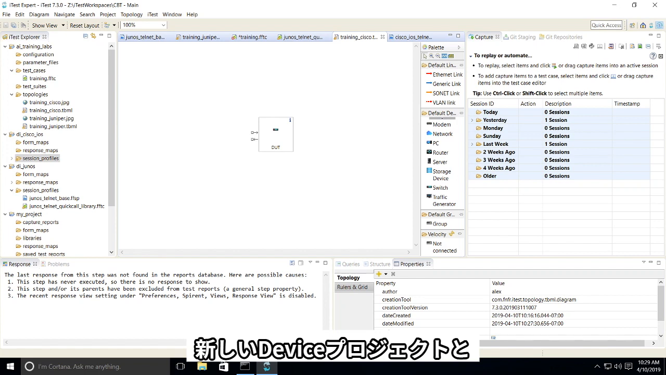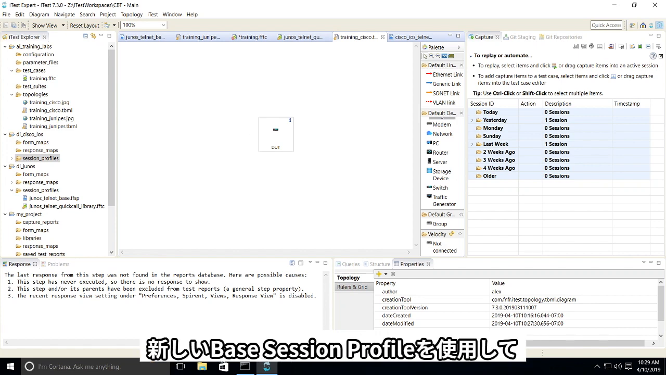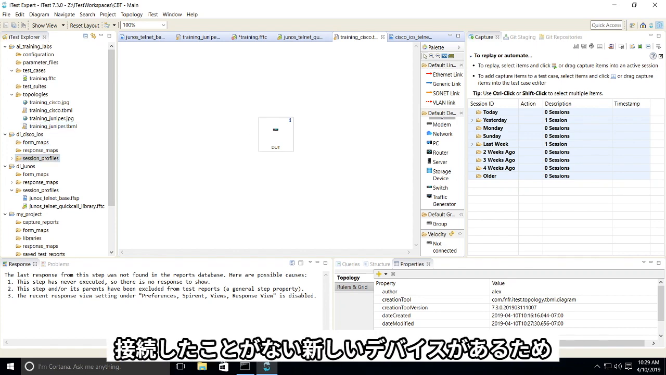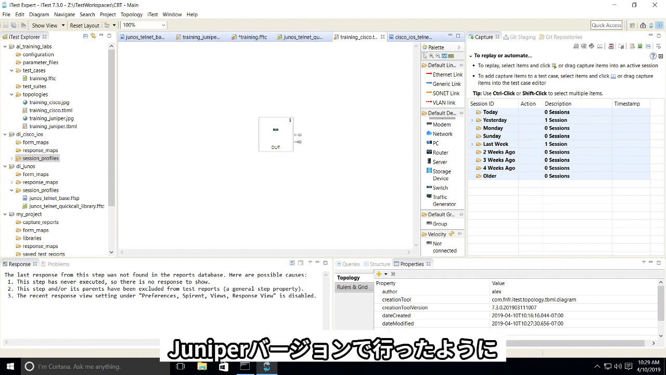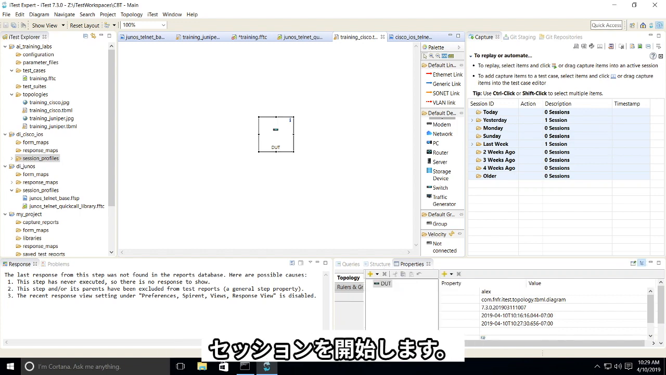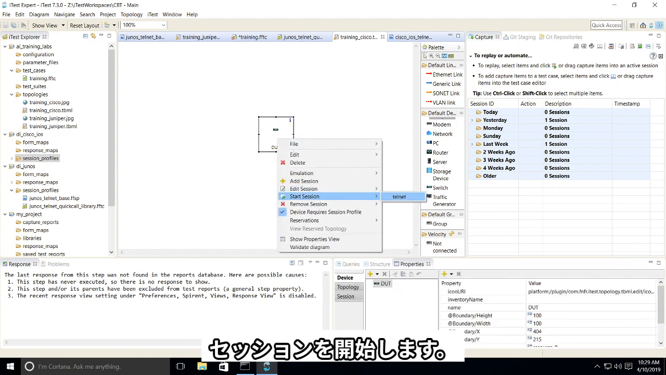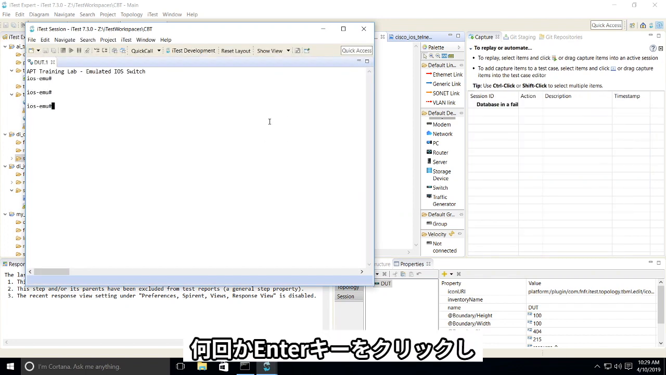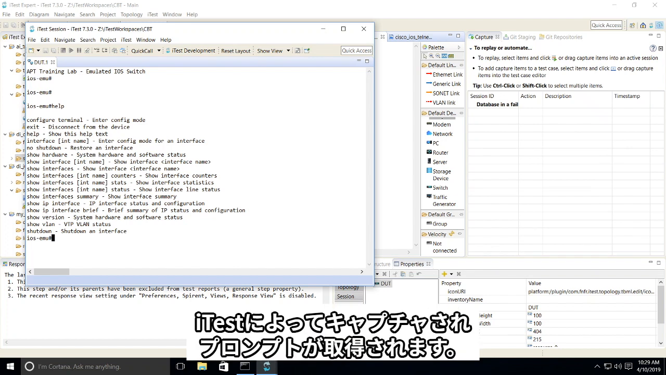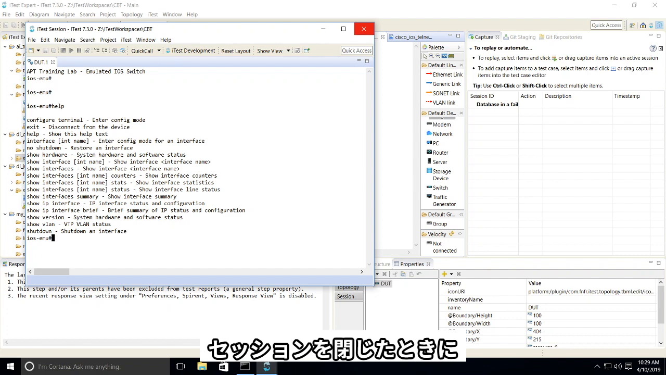Because we have a new device that we've never interacted with before, with a new device project and a new base session profile, we're going to need to capture the prompts that are used to interact with the device. So just like we did with the Juniper version, we're going to just start the session, hit enter a couple times, maybe a command or two, just to go ahead and get this prompt captured by iTest. When I close my session,